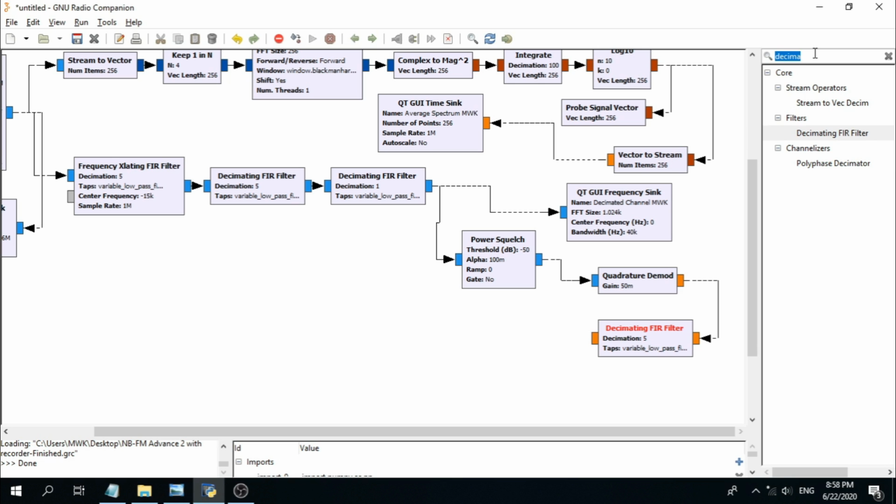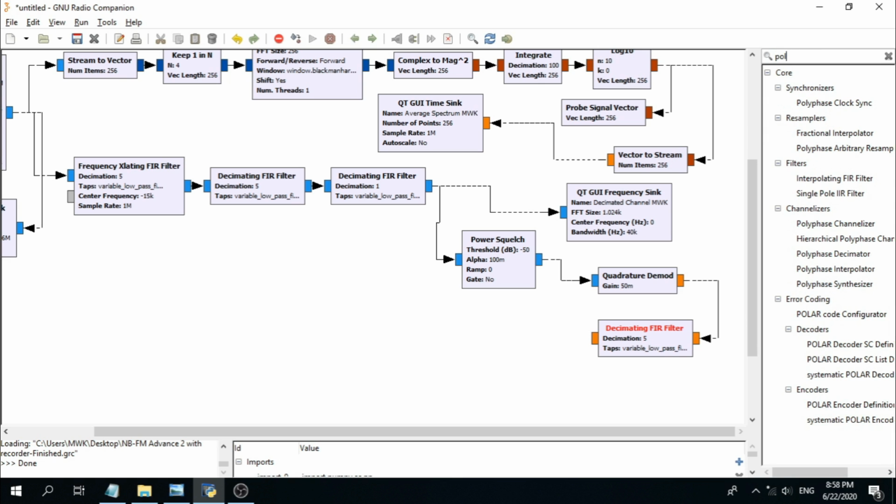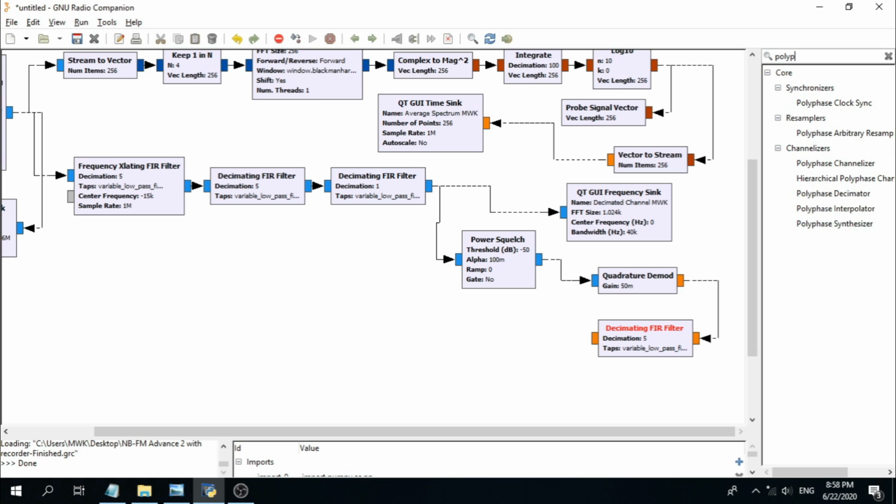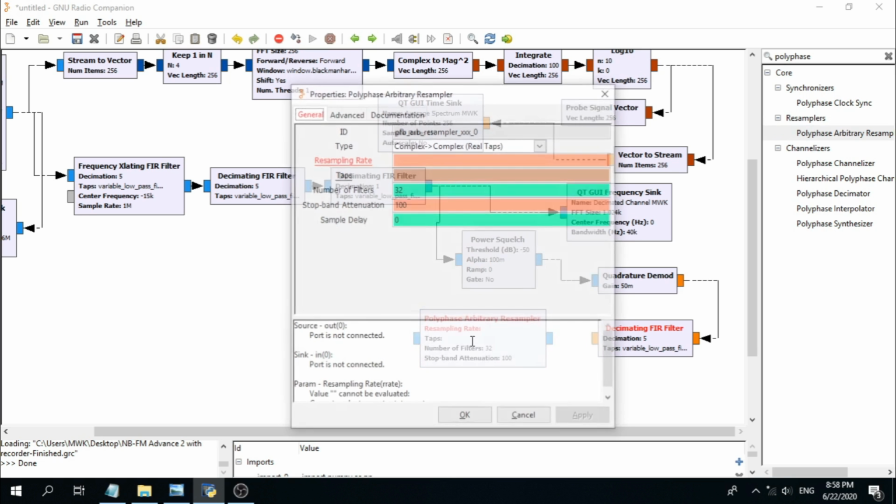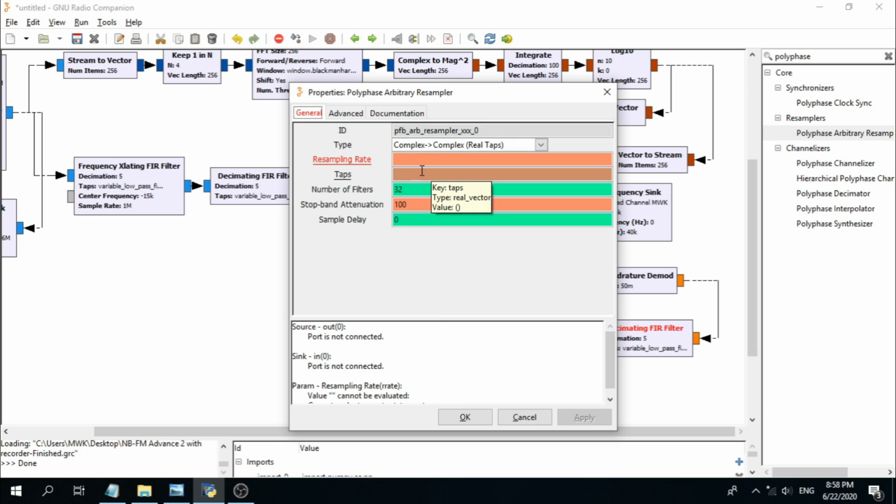So let's bring it, polyphase arbitrary resampler. Let's put it here and make sure the type is FFF. Let's change it to the float real taps, and the resampling rate, let's change it to 16e3,